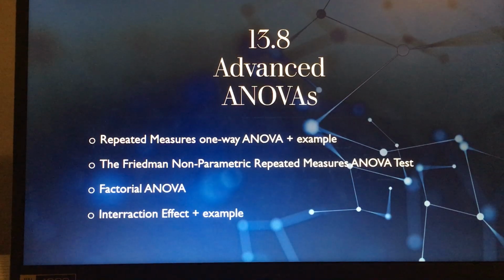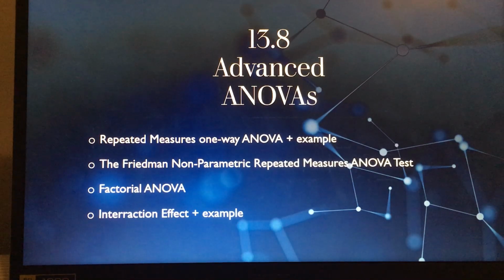And in a factorial ANOVA, we look at two main types of effects: main effects and interaction effects. A main effect is the effect of one variable at a time, while an interaction effect looks at how the effect of one independent variable may depend on the level of